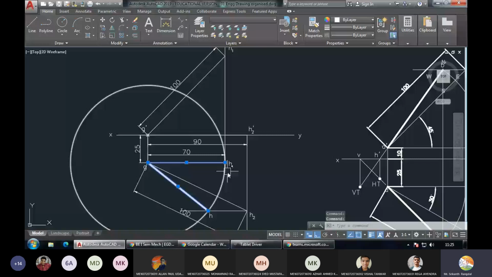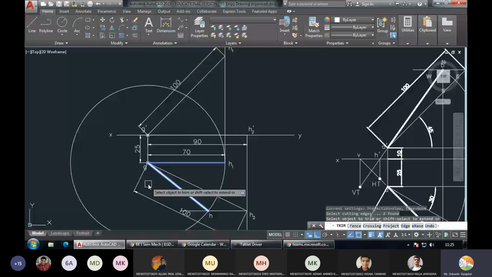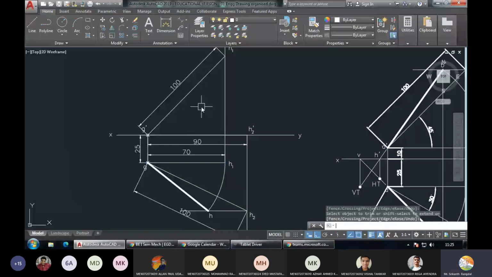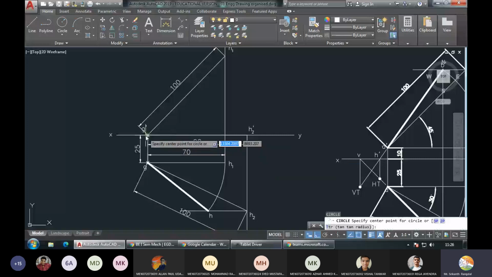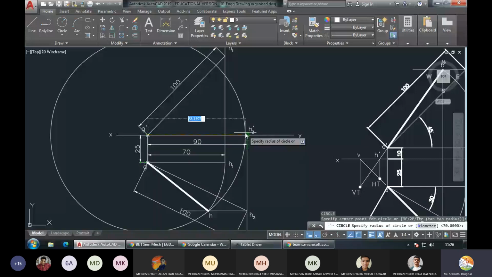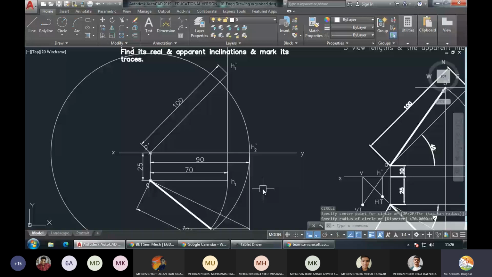So these two lines, in between these two lines, this part only we need. So select them both, TR, enter, single enter, then click on this part of the circle. Gone. Now this is the final top view. Now same thing we have to do for the front view. Take circle. From G dash point, draw a circle passing through H2 dash. Then take a line from H1 dash, draw a horizontal line. And that is the intersection point we need.